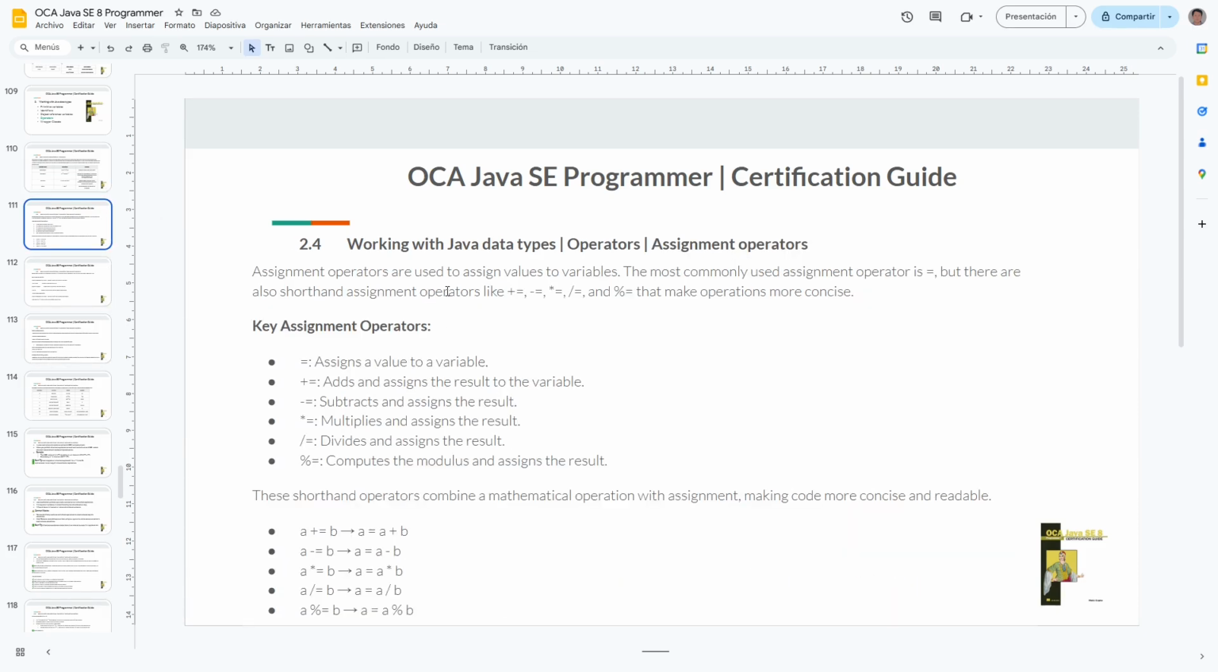Assignment operators are used to assign values to variables. The most commonly used assignment operator is equal, but there are also shorthand assignment operators, like these ones. Assign a value to a variable. Okay, this is the first one. Then we have,